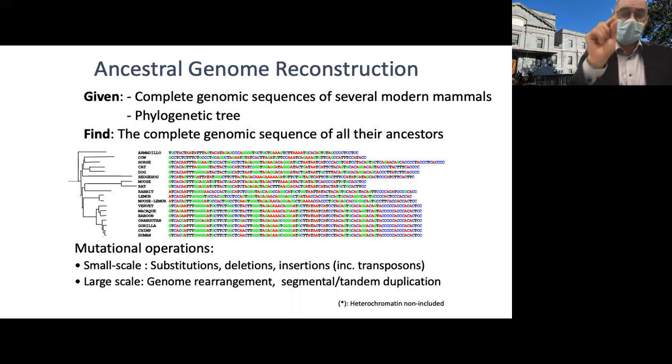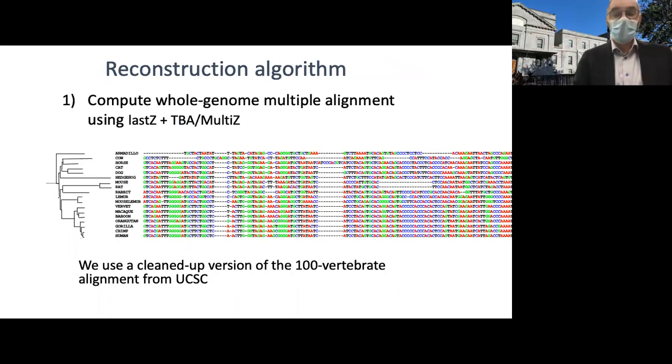And we want to guess what those sequences were. And in order to make that guess, we need to know what the different types of evolutionary processes at play are. Well, there are local mutations like substitutions and indels, and broader mutations like genome rearrangements and so on. But if we take all of this into consideration, and if we first succeed at aligning these genomes to one another, and then analyze this alignment to figure out where the differences between those sequences are